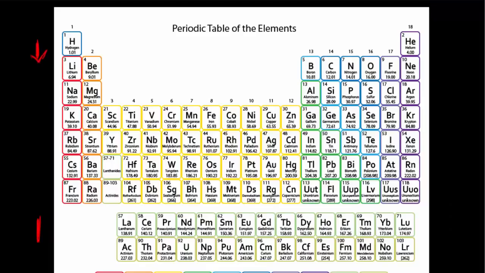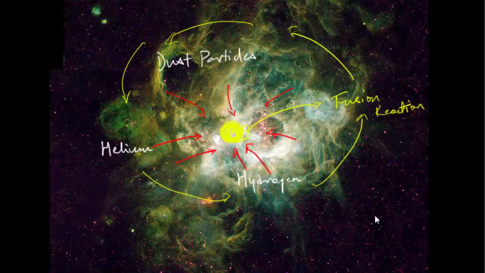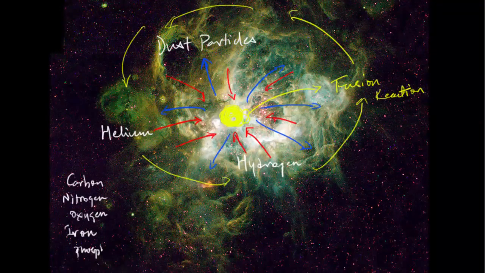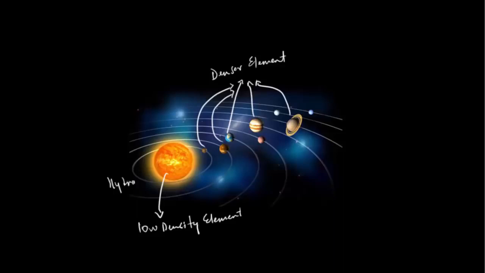Now it is time for the planets to arrive. We know that hydrogen and helium are low density elements, and they moved to the center, forming the sun. So it is very logical that if lighter element went to the center, the heavier would go away from the center, right? And that's what happened. The heavier elements like carbon, oxygen, nitrogen, iron, phosphorus, silicon, etc. moved away from the center. And if you see, the Earth and all other planets are made out of denser elements than stars.